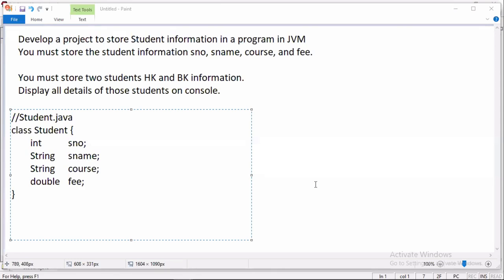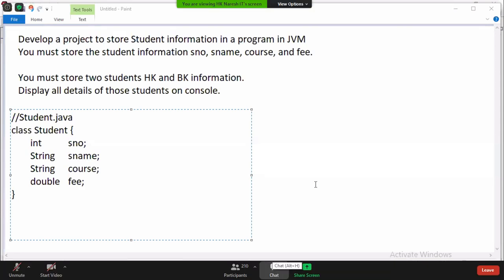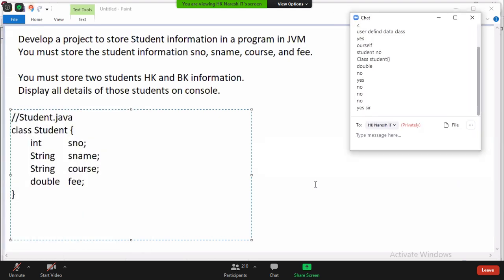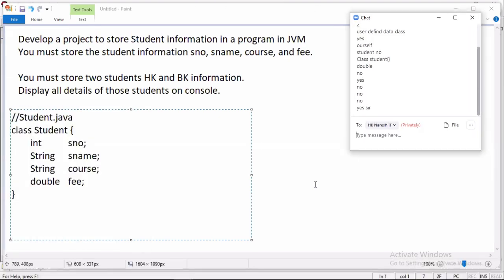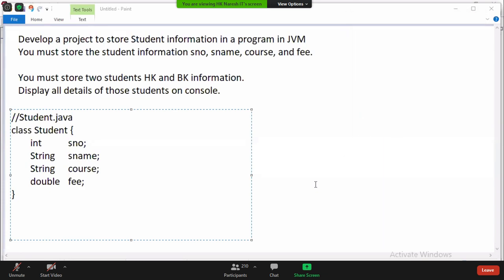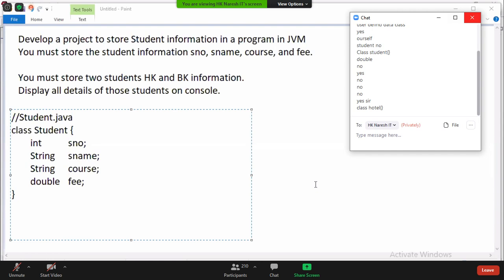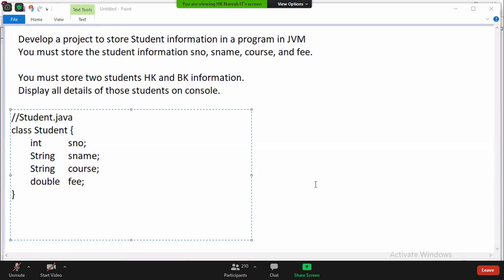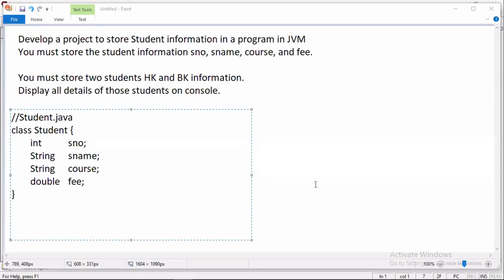How can I create a hotel in Java? Class Hotel, open bracket, closed bracket, then the hotel value-storing variables, followed by new Hotel. And tell me, you move a little forward and find one more hotel. Is this another hotel class Hotel or only new Hotel? You move one more step and find a third hotel. Class Hotel or only new Hotel? Only new Hotel. You create class Hotel only one time. From that class Hotel, you are going to create multiple hotels.